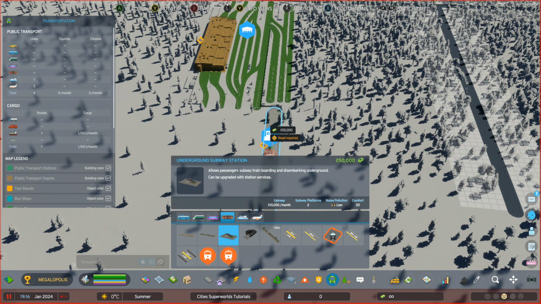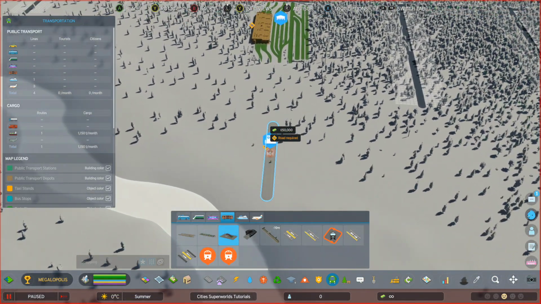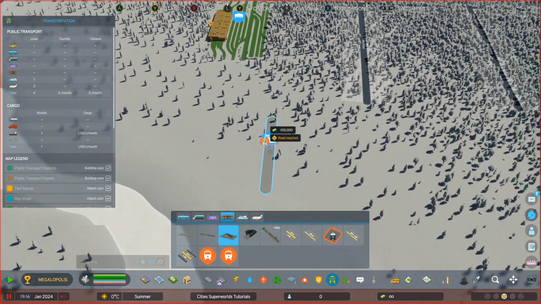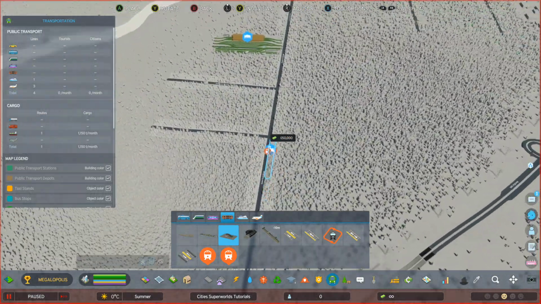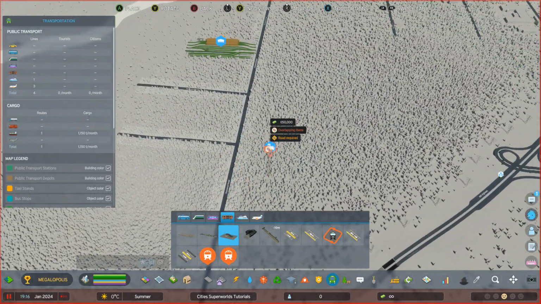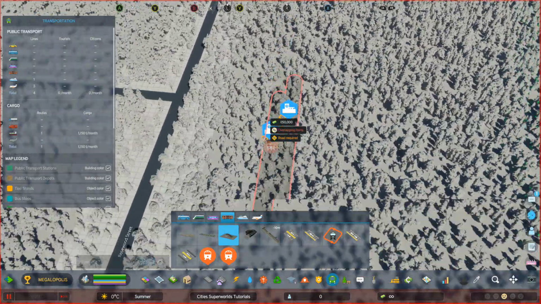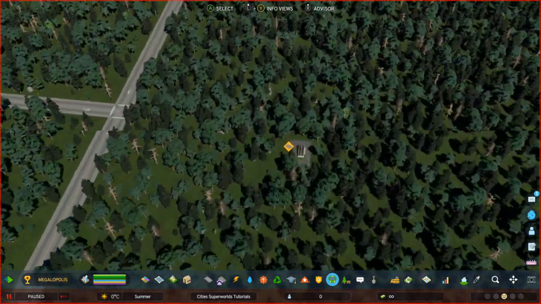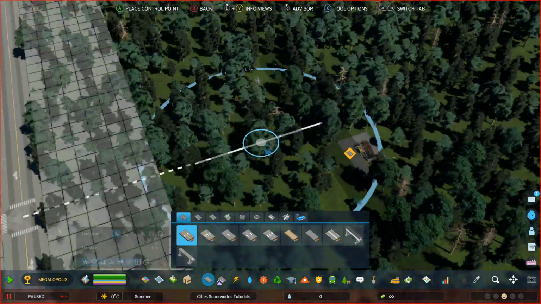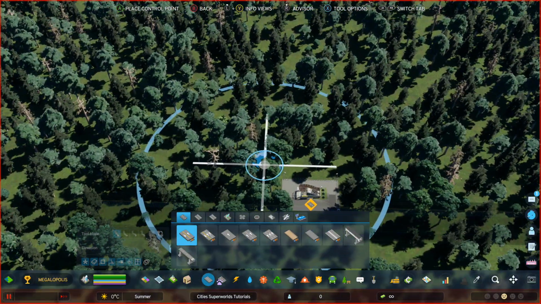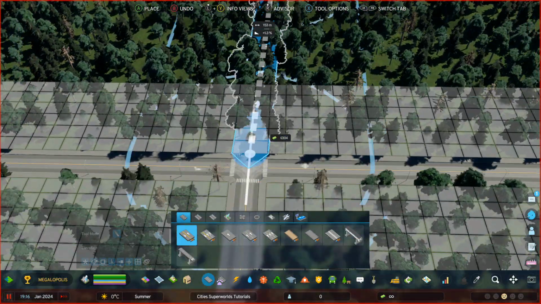Then we're going to be looking at some underground subway stations. We're going to lay a station. It's a tricky one because the location there is not completely ideal, so we'll come back to the rail yard later, but there is a subway. You will need a road nearby the subway in order for that subway to be accessible,